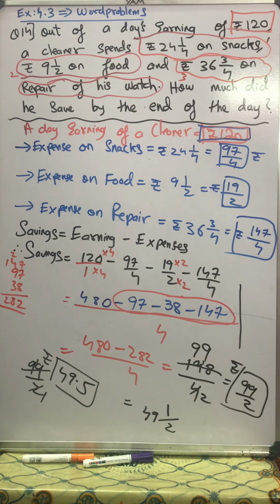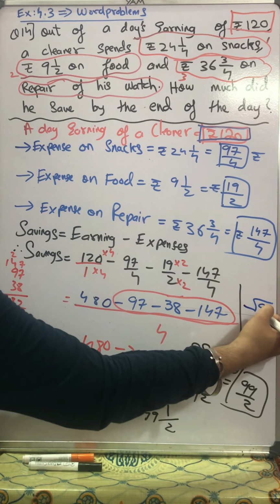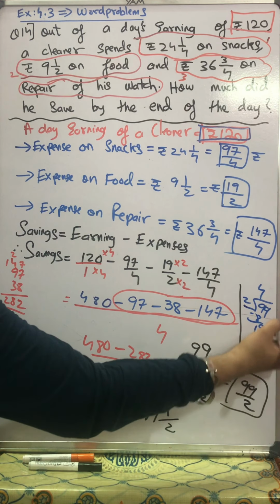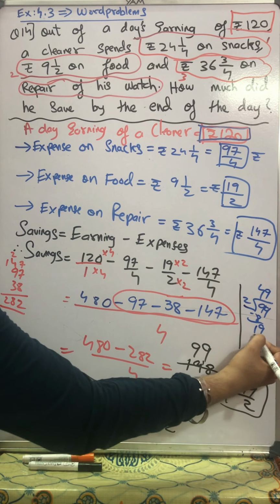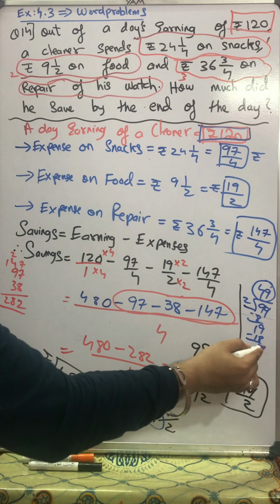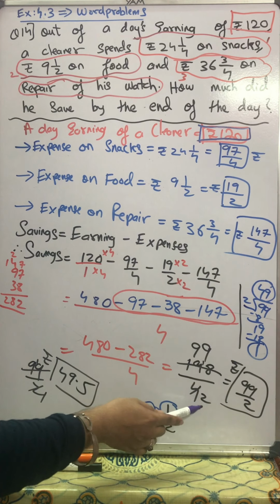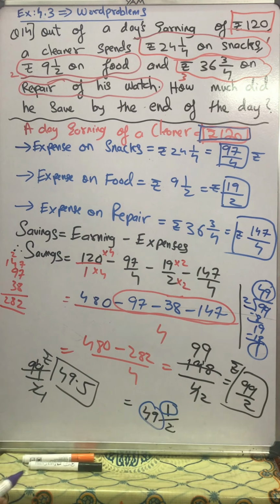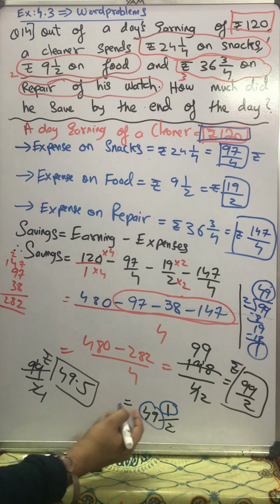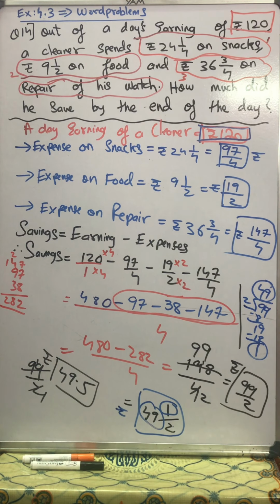See here, the mixed fraction, you all always feel difficulty in mixed fraction. See here, 99 divided by 2, 2 4s are 8, minus 1 comes 9, 2 9s are 18, minus 1. So this 49 is the quotient. The remainder is 1, the remainder always goes in the numerator, and the divisor, the denominator, always remains the same, 2. So all three answers are correct: 99 upon 2, 49.5, or rupees 49 1 upon 2 if you convert into the mixed fraction. Hope you understood, students.